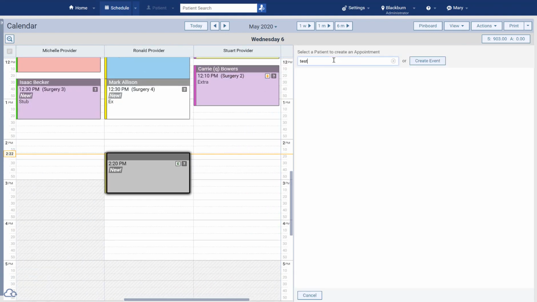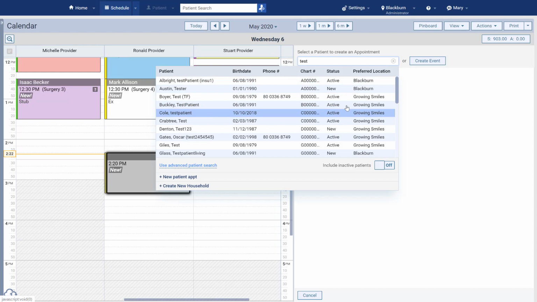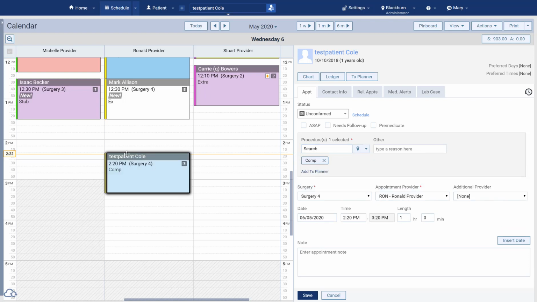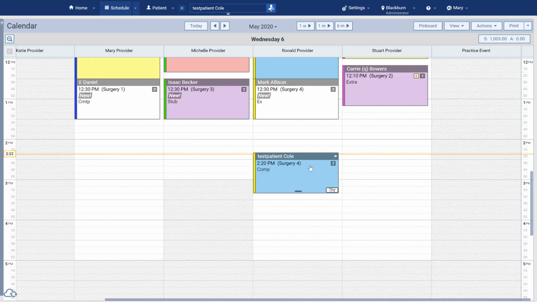I'm just going to bring up a patient here that we're going to book an appointment for. I've just assigned the procedure codes 011 and 013 to the exam category, and I did make that color blue. So what I'm going to do is add the procedure code 011